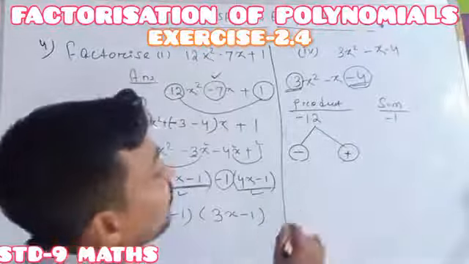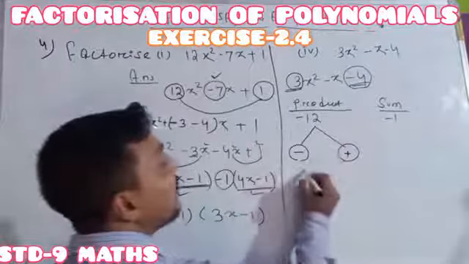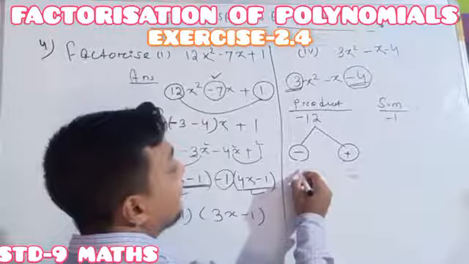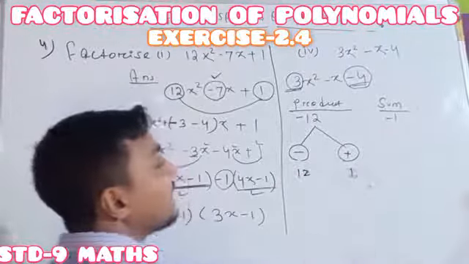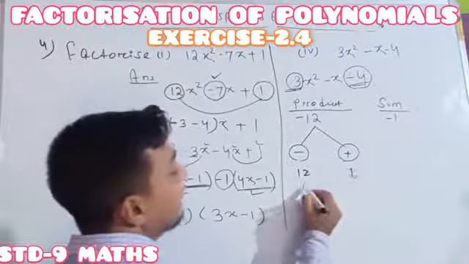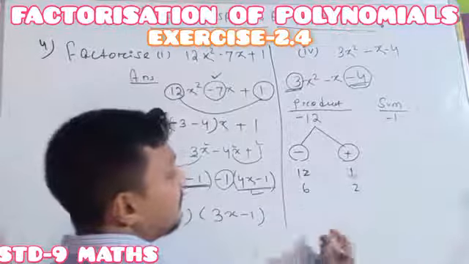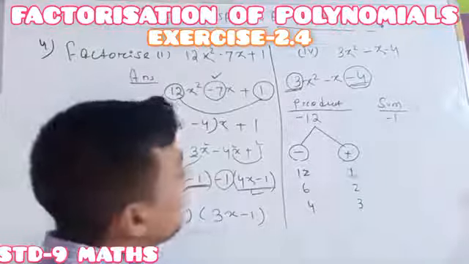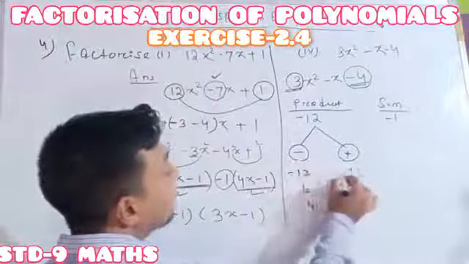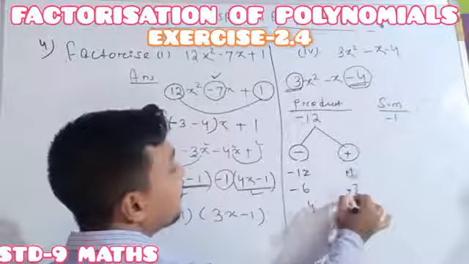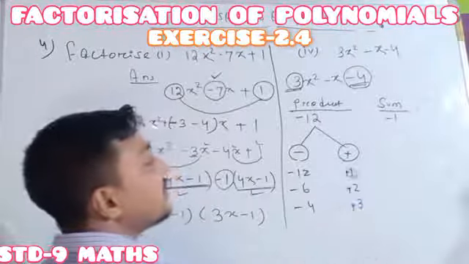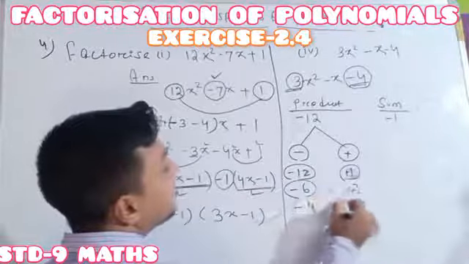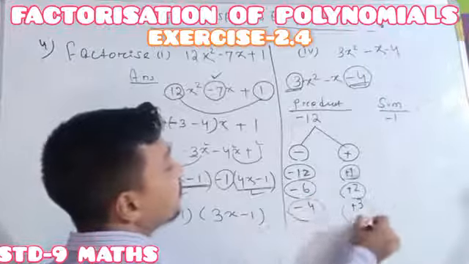Okay, so without the sign, first we have to factorize 12. 1 into 12 equals 12. Greater one negative, so I am writing 12 into 1. Next, 2 into 6, here I am writing the greater 6 and here 2. Then 4 and 3. Then nothing more. Everywhere we take the first one negative and the second one positive. Here the product is minus 12, here also minus 12, and here also minus 12.